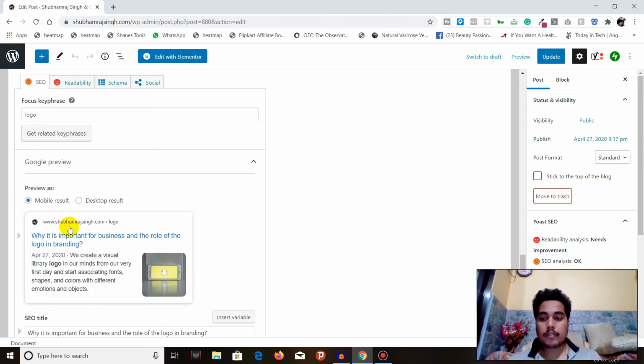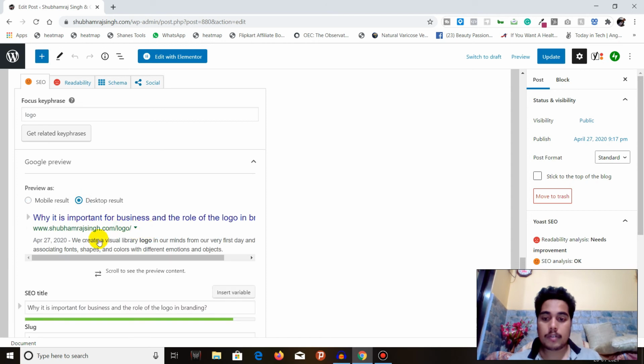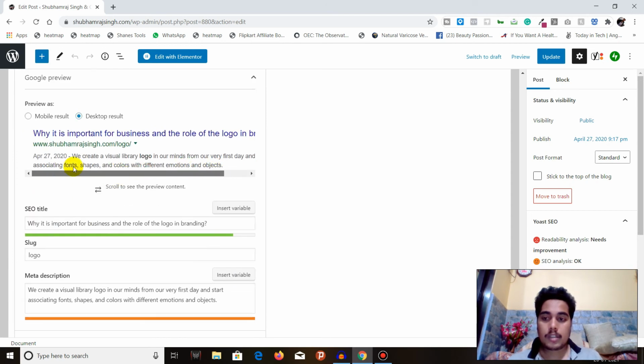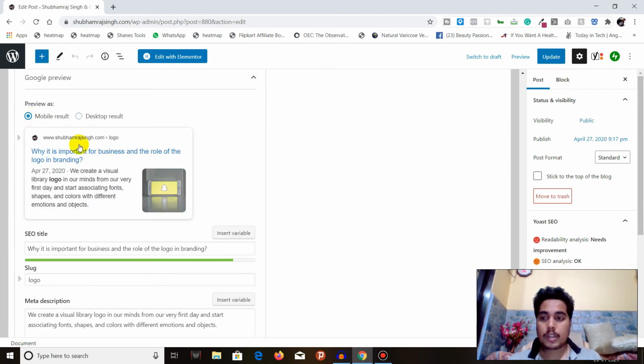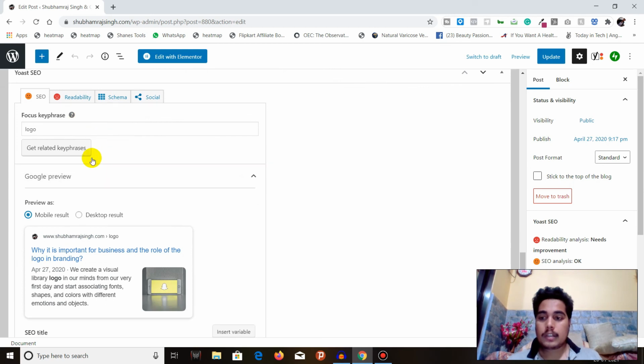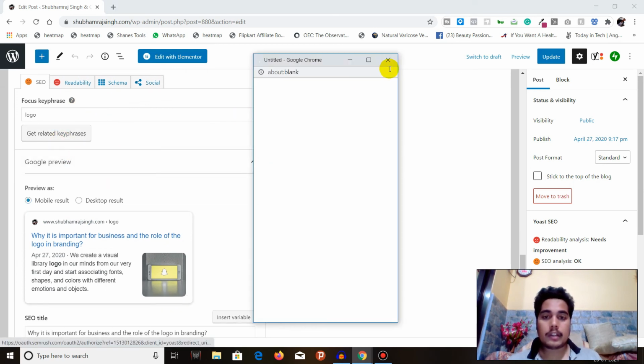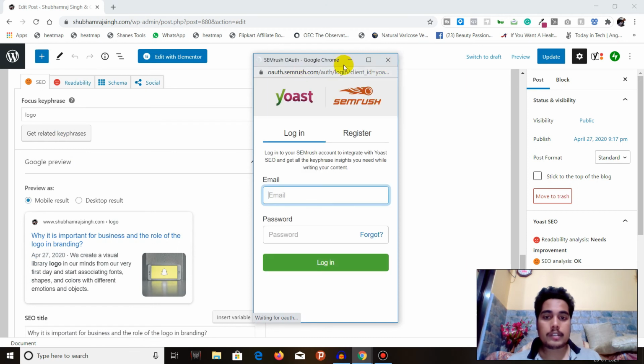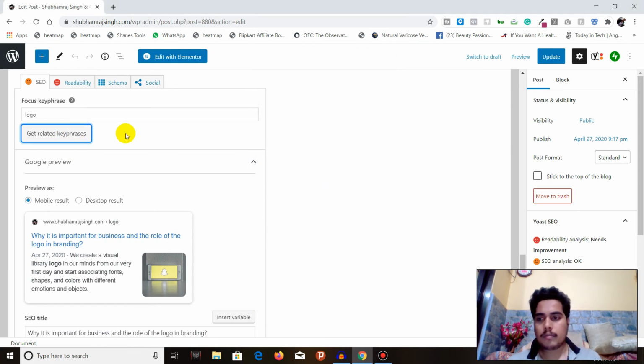This is how it will appear on Google or any other search engine. This is how it will look on mobile and this is how it will look on desktop. You can get related key phrases from SEMrush,